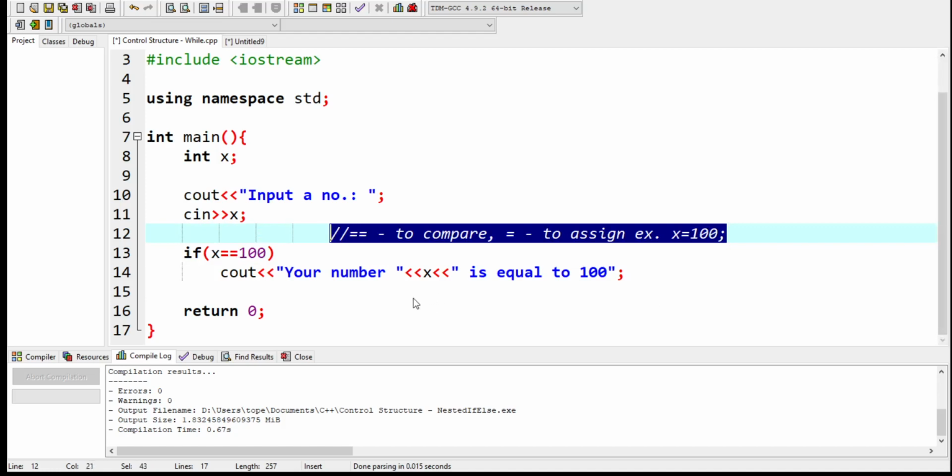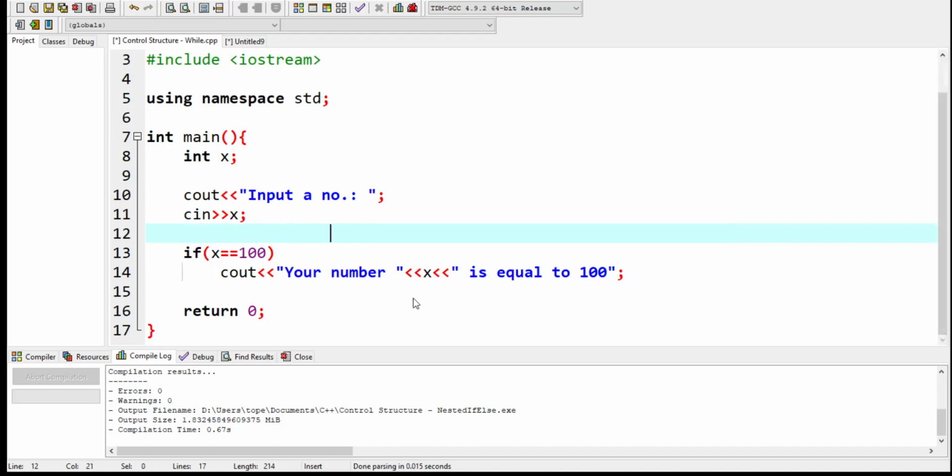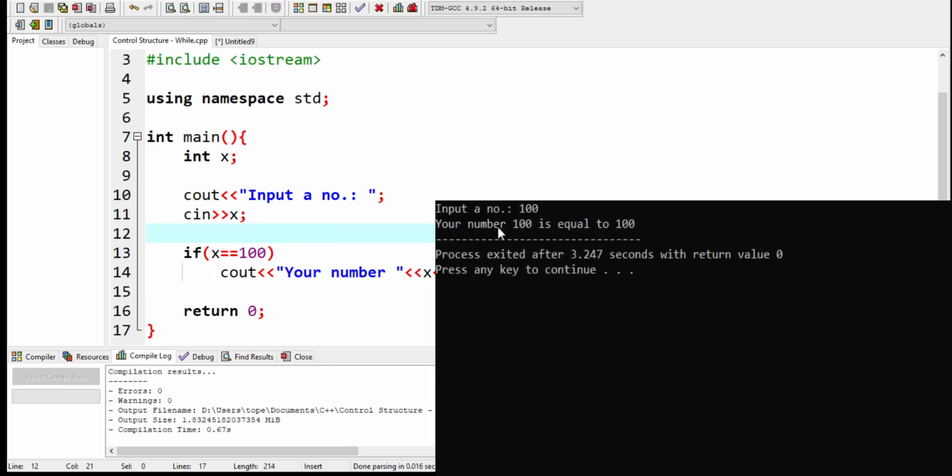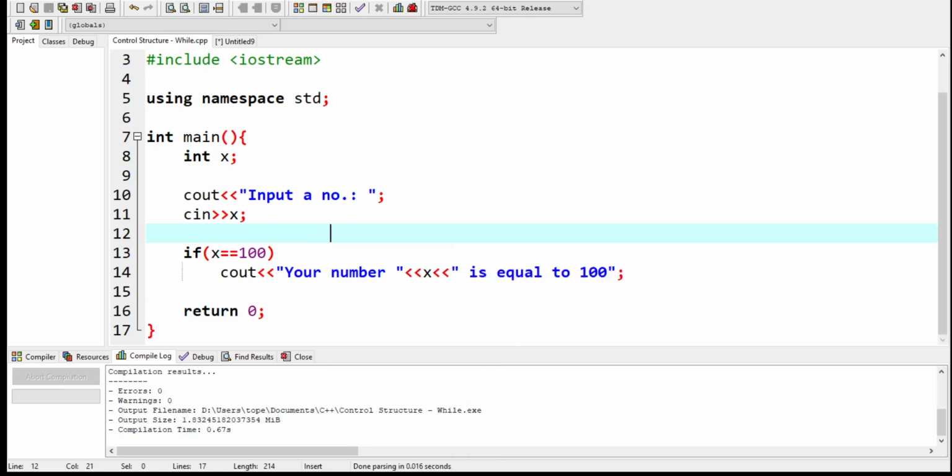So let's delete this. Let's check. Execute, compile. For example, 100. Your number 100 is equal to 100. Okay, so what if your input value is not equal to 100? So else,